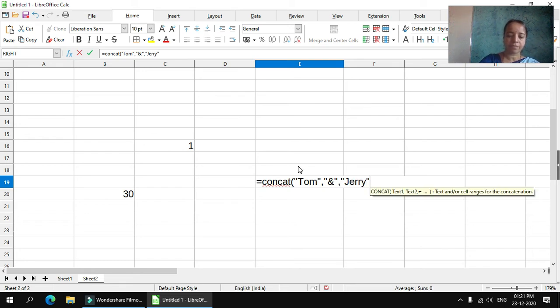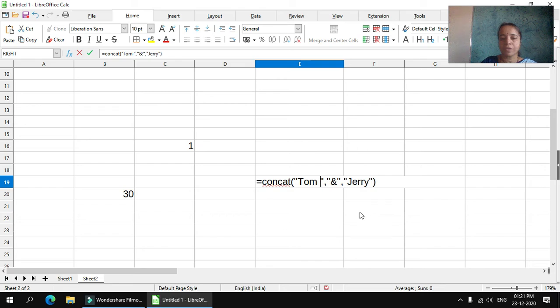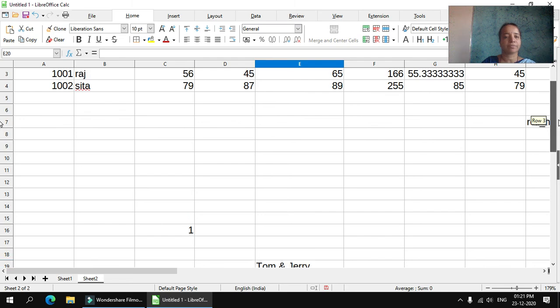It will join three strings here. Give spaces because it will not leave space after each string. Press enter. So, Tom and Jerry. It has joined the three strings. Like this, some text functions are there. You can make use of those functions.